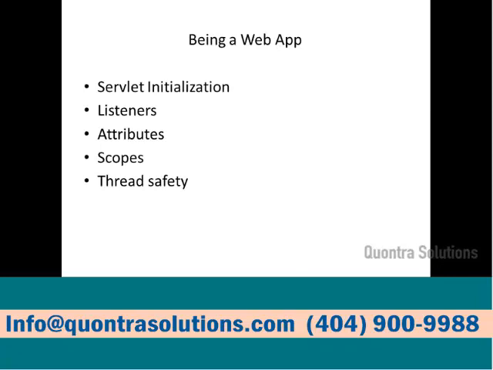So till now, we saw how the container is going to take care of the life cycle of the servlet, how a JSP page posts the request and gets the request, the init method, servlet config and servlet context, and how we can configure a few parameters in the web.xml file for a servlet and for the whole application. Now let's see the different listener methods, how we can add attributes, what the different scopes are, and how to have a thread